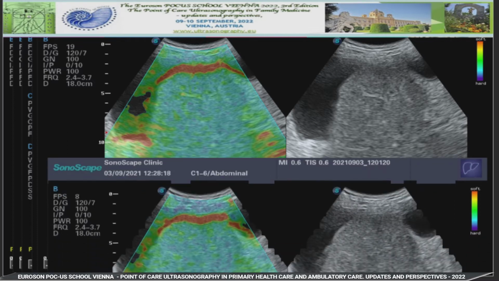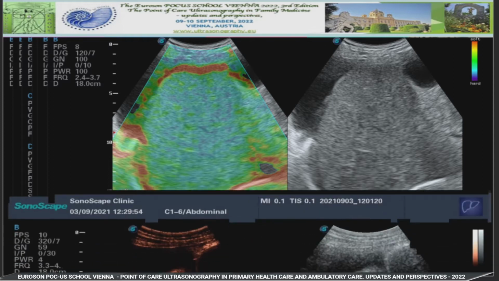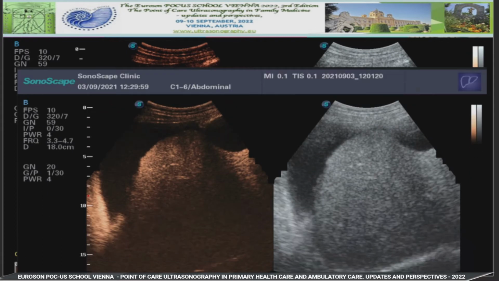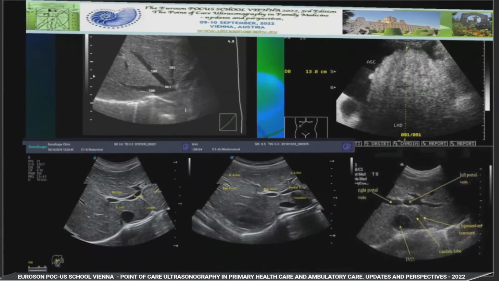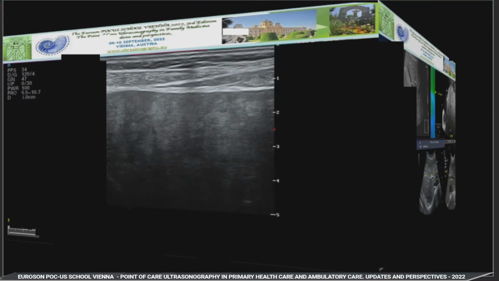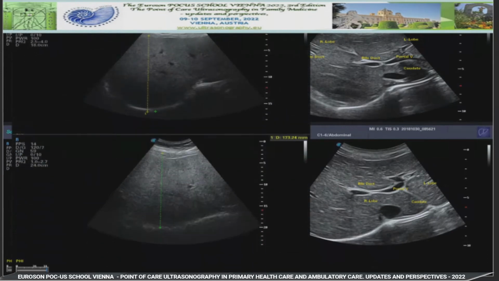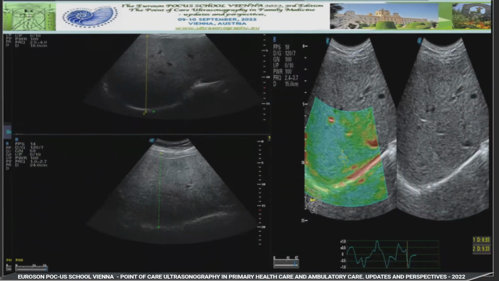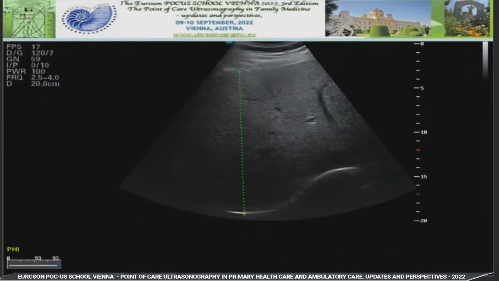You can find here the blue color, which represents the hard stiffness of the liver lobe. And also you can make the contrast. You can put the linear probe to have a nice image of the micronodular cirrhosis, like in this image. And also you can find a lot of information through this multimodal ultrasonography. But in the first time, I advise you to use